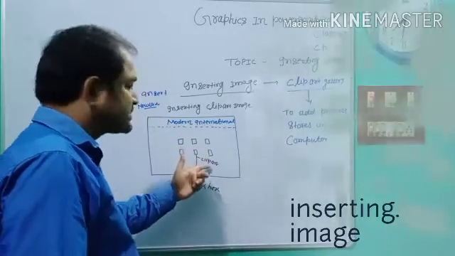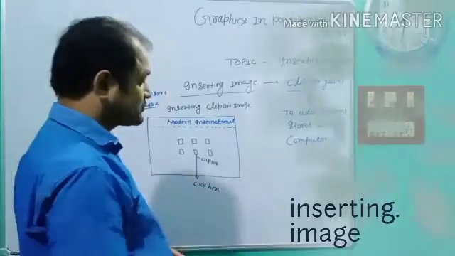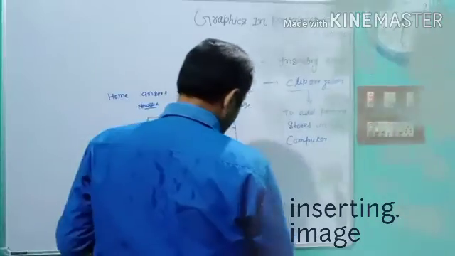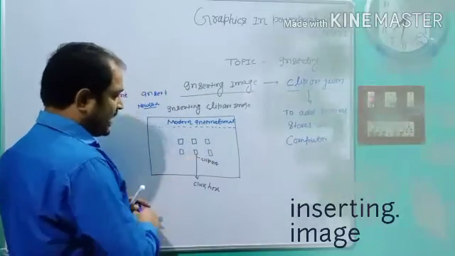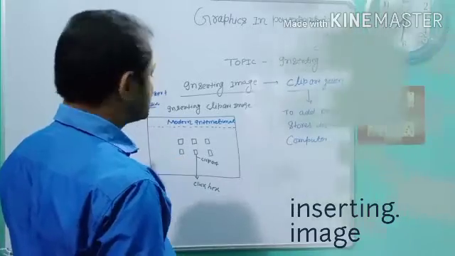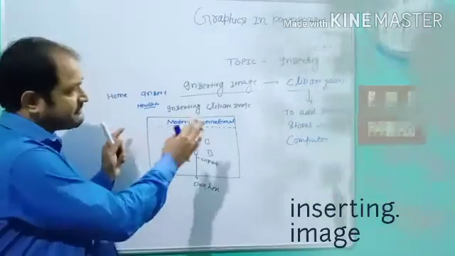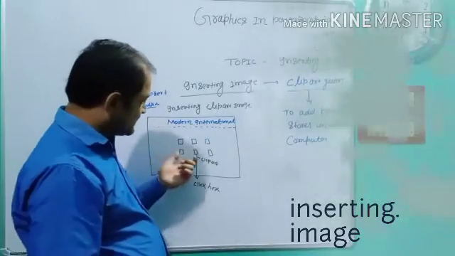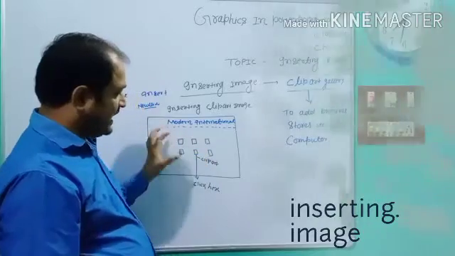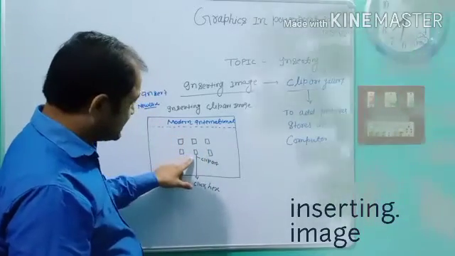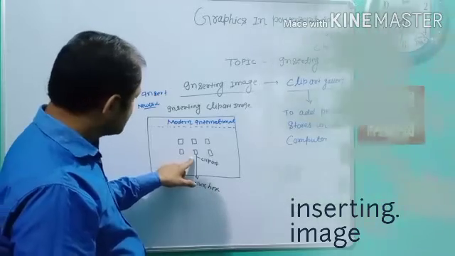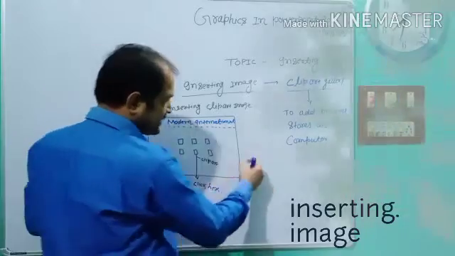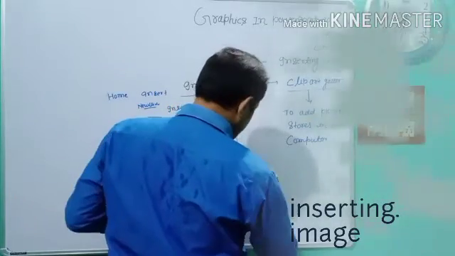Without using the clip art area, how do you insert an image? My dear student, first of all you click the clip art option and go to the image group. This is the practical part, but today I discuss the theoretical part. You go to the clip art option, go to the image group, and click the clip art, and the image group is in front of you.